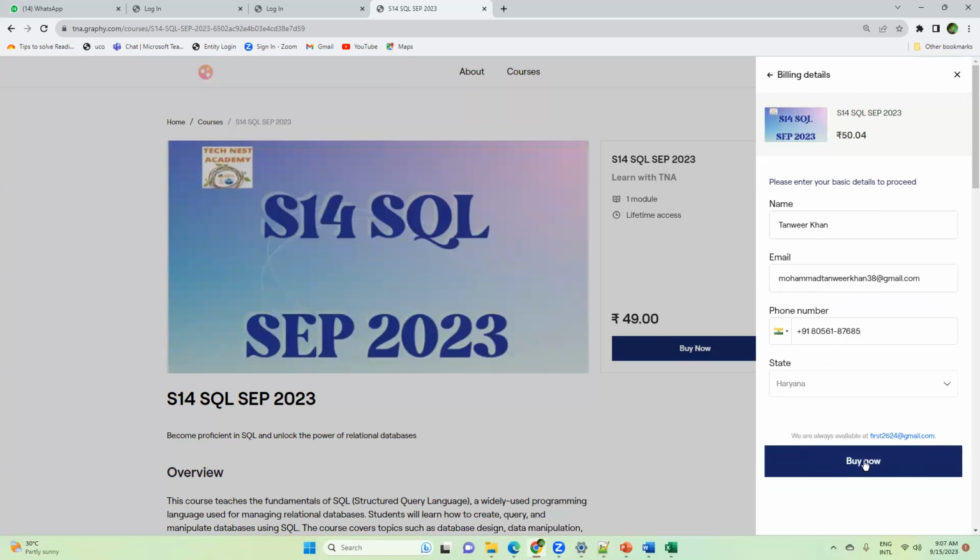Tanvir, which email ID do we have to provide? Today, Firdaus will mention in the group that you should please share your email ID. So you share the email ID, and the same ID you have to give here. It means the ID which you are sharing with us and the ID which you will write here must be